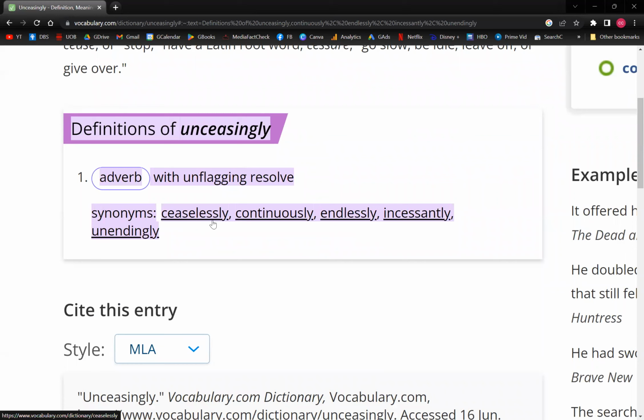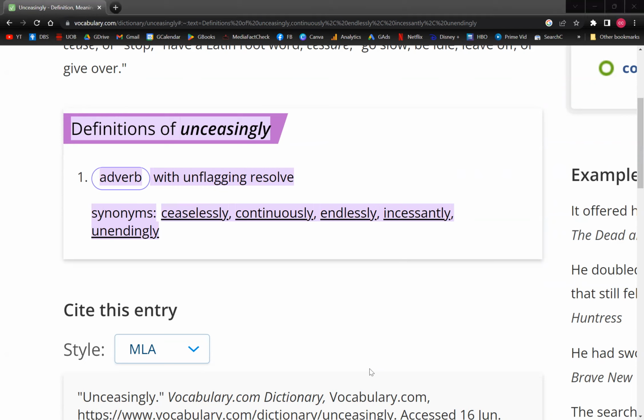So ceaselessly, continuously, endlessly, incessantly, unendingly, right? In the context of Singapore's pursuit of water technologies, I guess you can use any of these words technically. So once we have identified that,